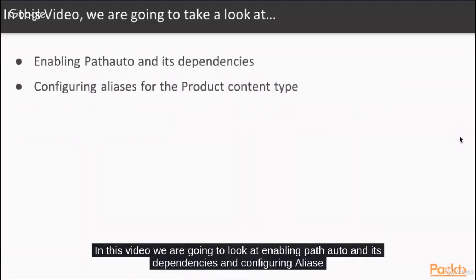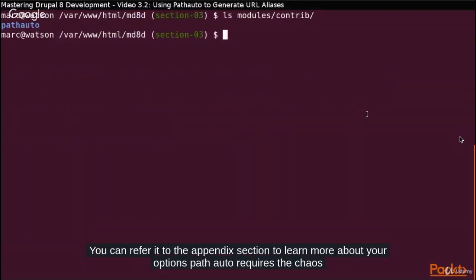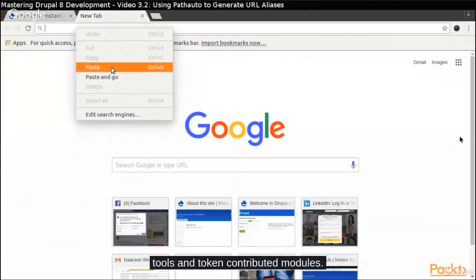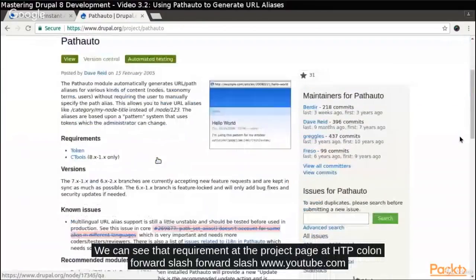In this video, we are going to look at enabling Path Auto and its dependencies and configuring alias patterns for the product content type. Use any method of your choosing to download the Path Auto module to the modules/contrib folder. You can refer to the appendix section to learn more about your options. Path Auto requires the chaos tools and token contributed modules. We can see that requirement at the project page at